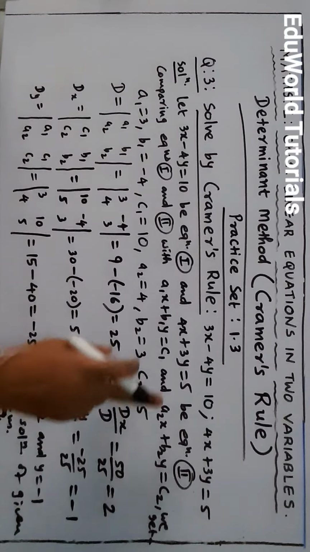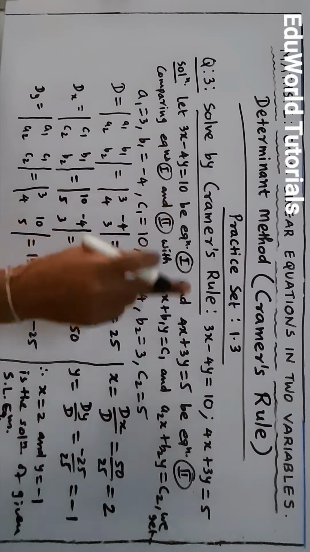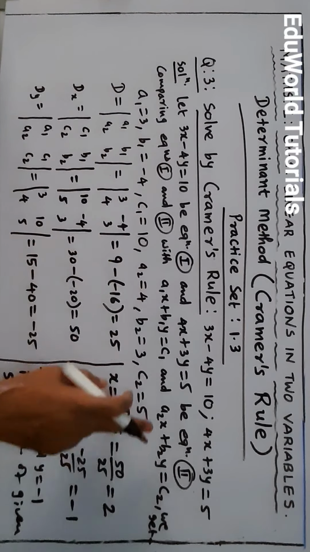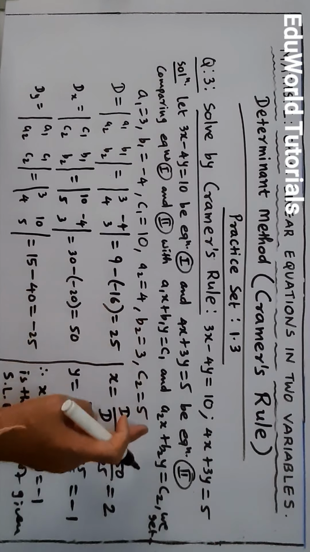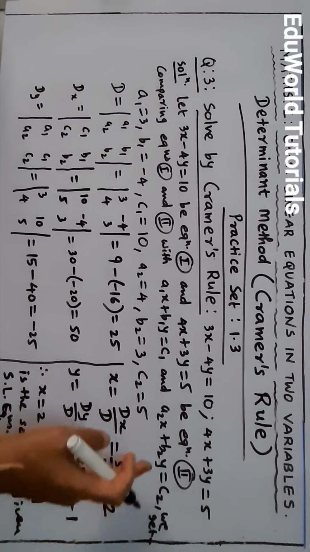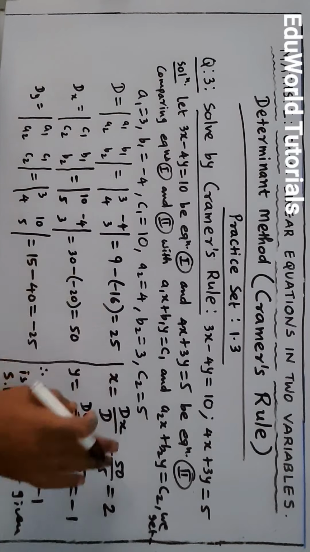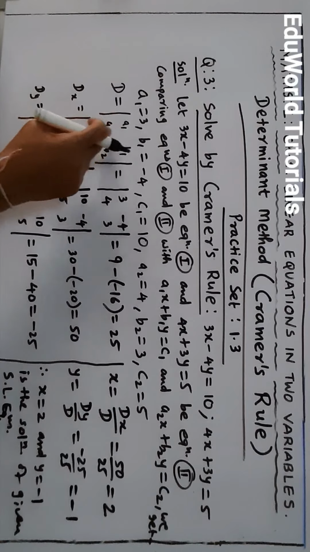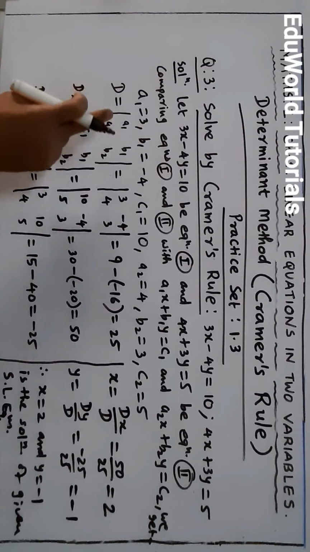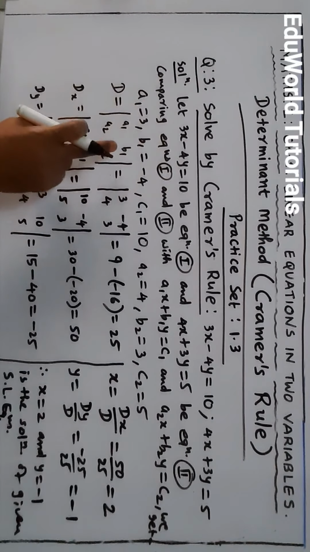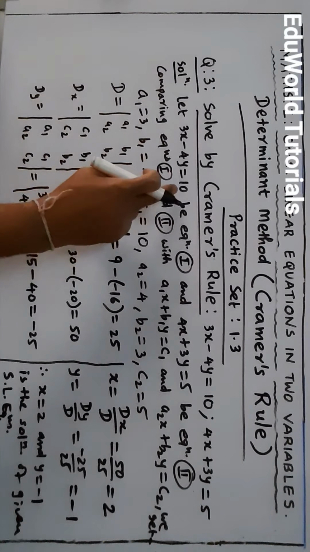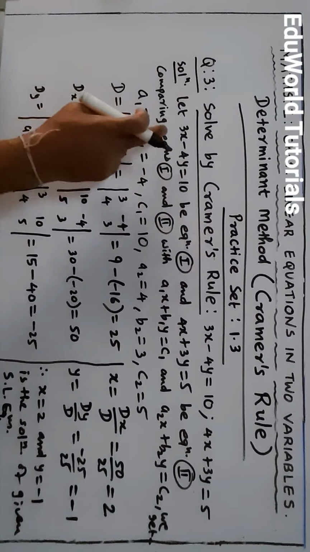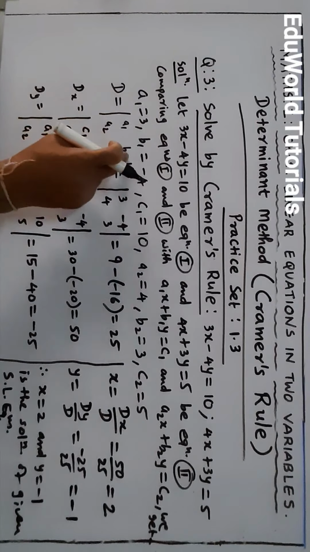Again remember, we have to give numbers to the two equations and compare them with the standard form. Standard forms are written this way: a1x plus b1y equal to c1, a2x plus b2y equal to c2. Then after getting these six numbers, we have to make three determinants D, dx and dy by particularly arranging these columns. For D, coefficients of x are not considered. For getting D, the constant terms c1 and c2 are not considered, only the coefficients of x and y: a1, a2, b1, b2.